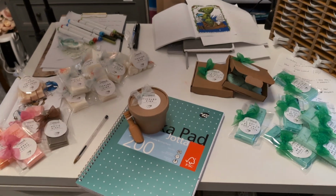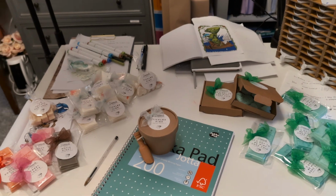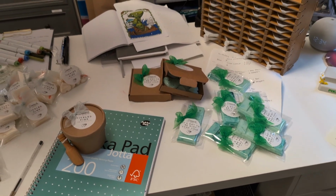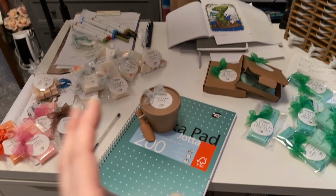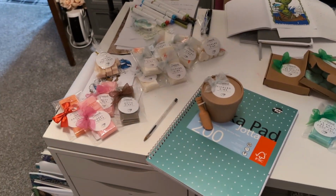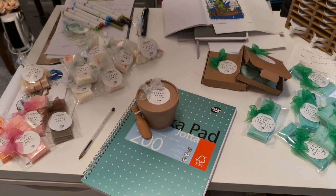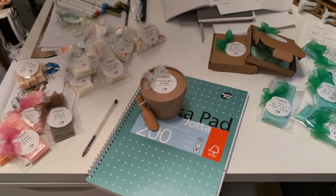to a reasonable level for them to actually sell and not just stack up on the side of my craft room, because obviously once I make these things, I want them to sell. I want them to be gone out of my life. I don't want to be sat with piles and piles of wax melts everywhere because they're too overpriced. So we'll see. Lots of ideas, and working on cute